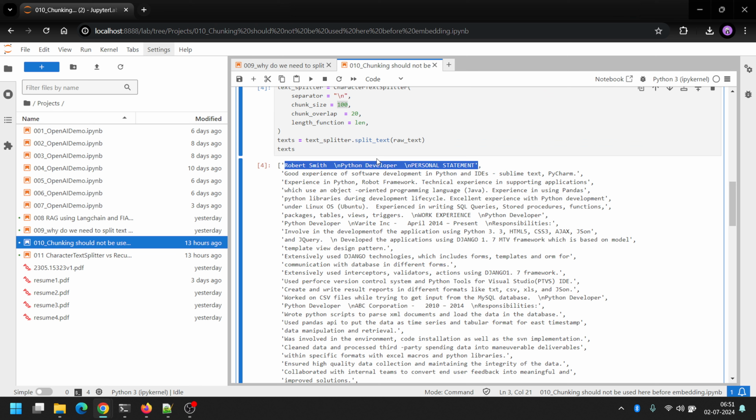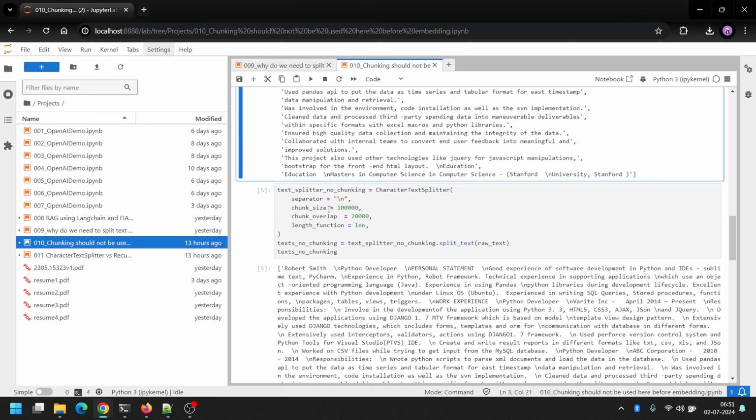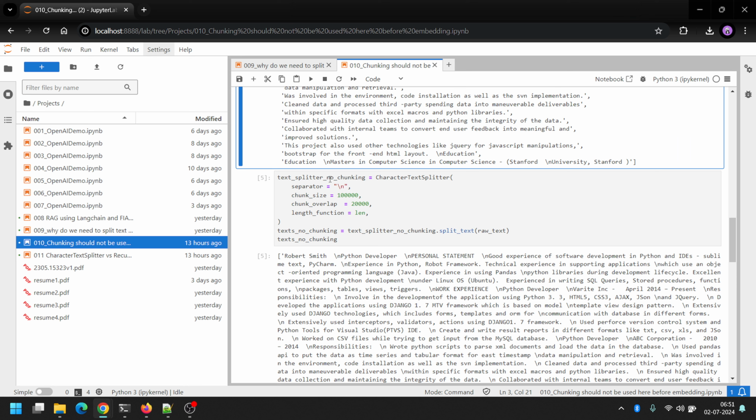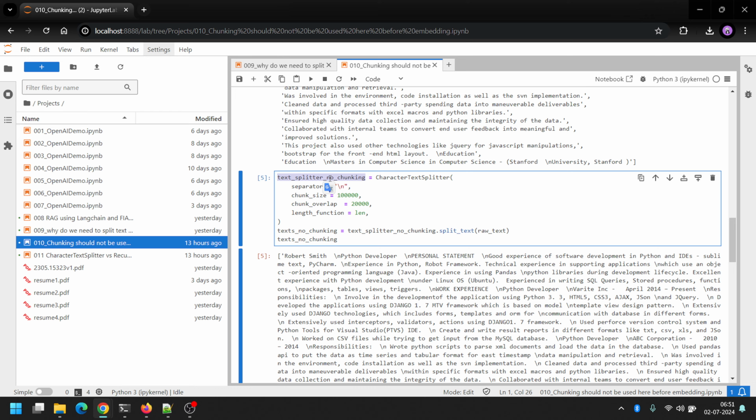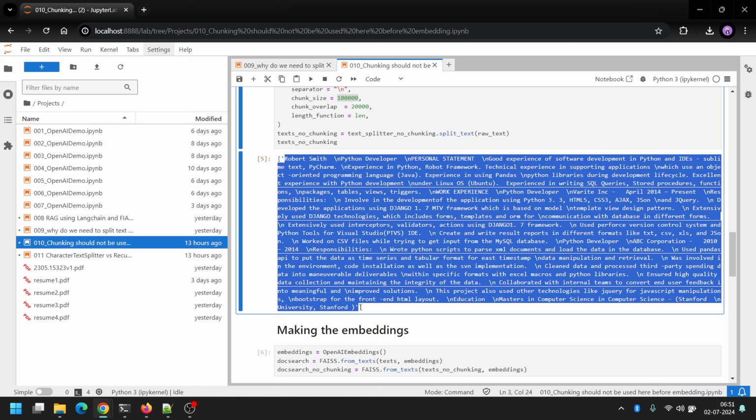So our document is chunked into these many number of chunks. I've created a second text splitter object where I've given the chunk size so large that the document is not chunked at all. This complete thing is a single text which will pass to the LLM, right?